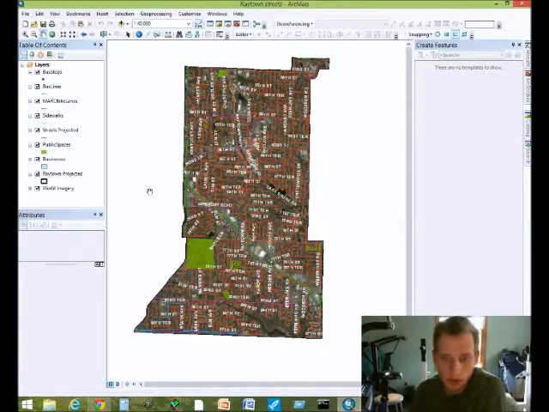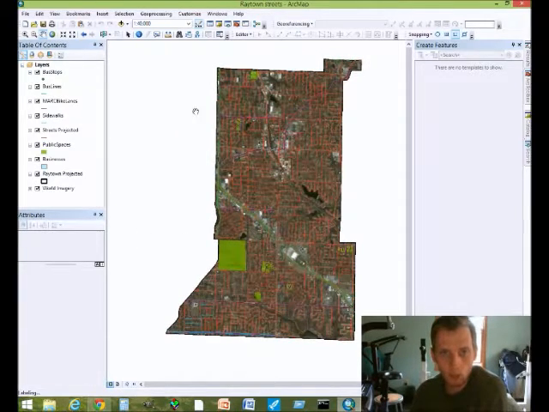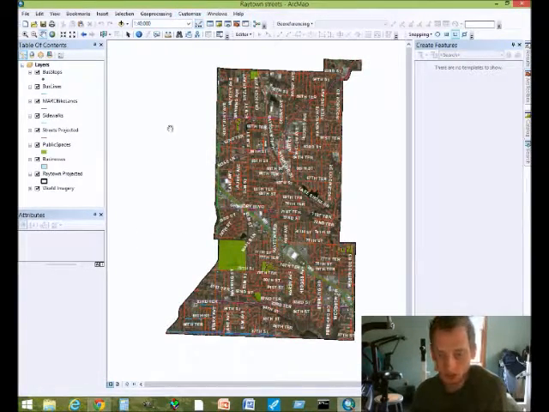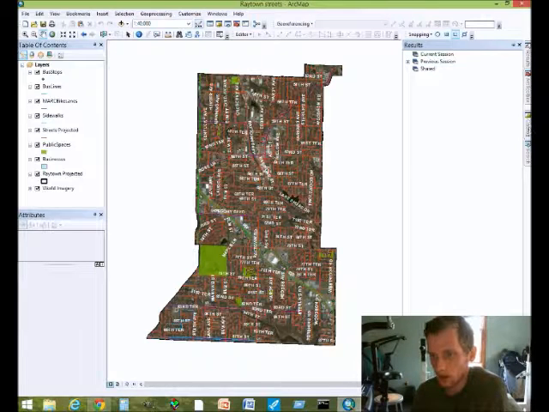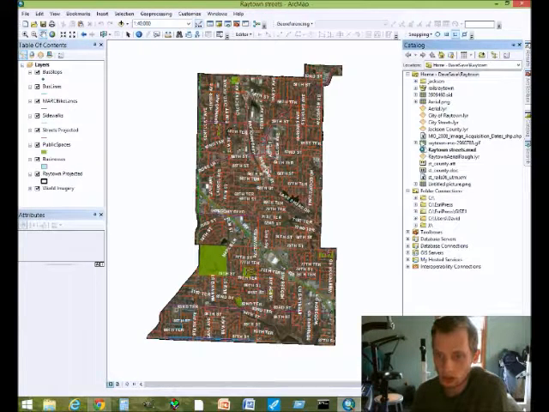So, to create new features in ArcMap, it's fairly simple. You don't need anything other than just an empty blank map. Here I've got a map I've been working on. So in order to start new features, you're going to go to Arc Catalog, which I've got docked over here